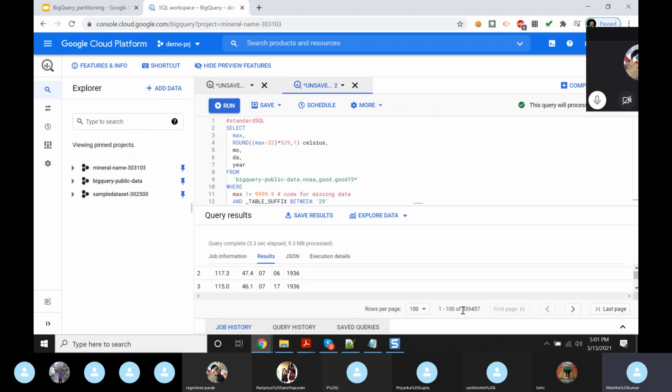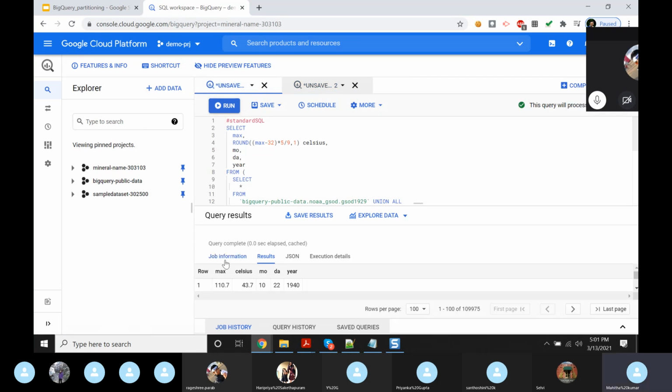These are the number of available records from all the tables for the specified condition. It took 3.3 seconds. This one was faster because we had given only 4 tables.